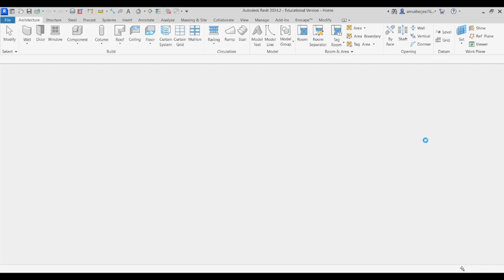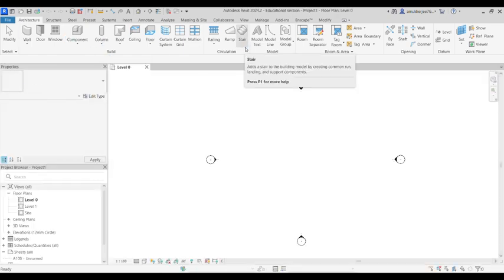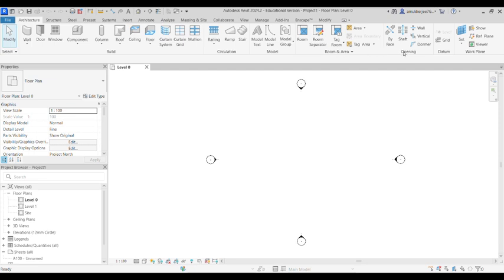Now I am using Revit 2024. Based on which version you are using, these options might look a little bit different. These won't be changed totally. These might look a little different, but you will find all the options that we are going to discuss in any version that you are using. On top of here, as you see here,